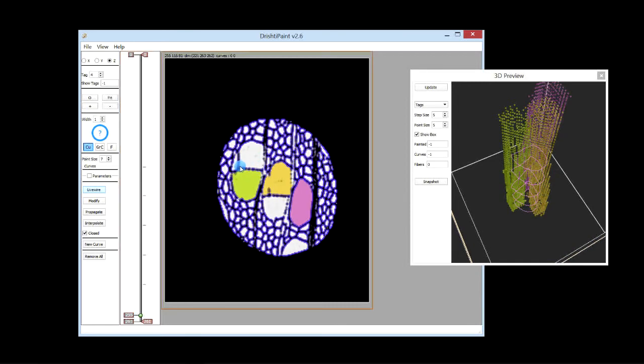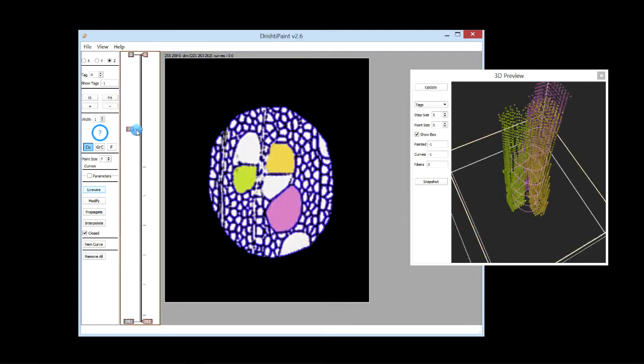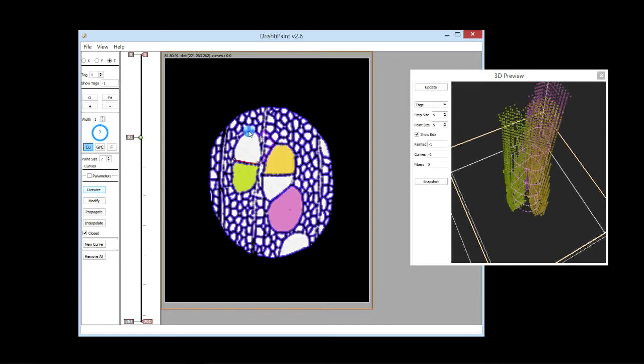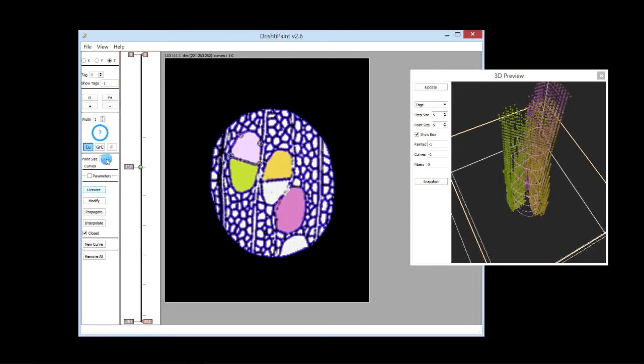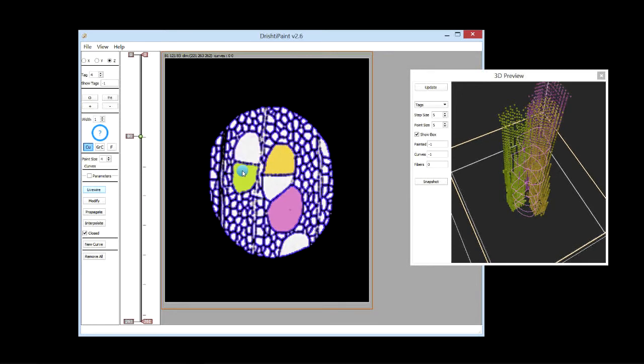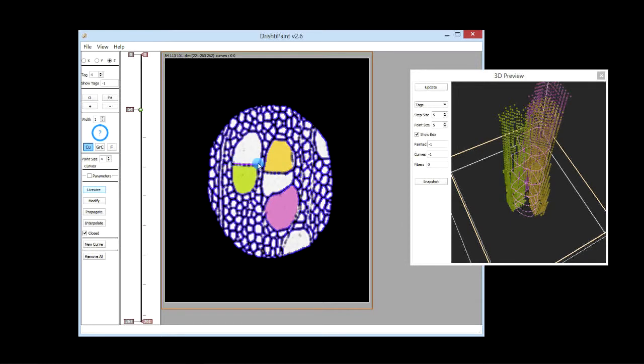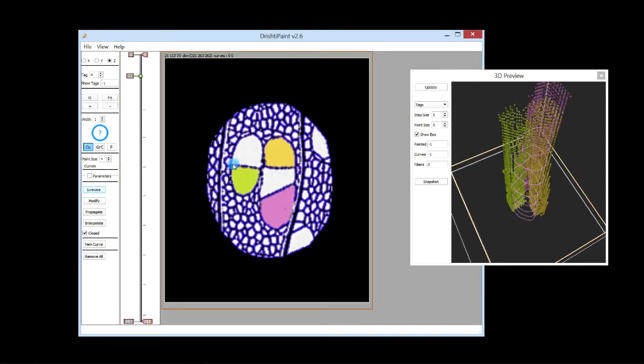So this one breaks here, so we'll go from here. Similarly go up. Now these points here, the size of those points is governed by this parameter here. This is just for display. So let's go up and connect. And connect. So we have these curves here,